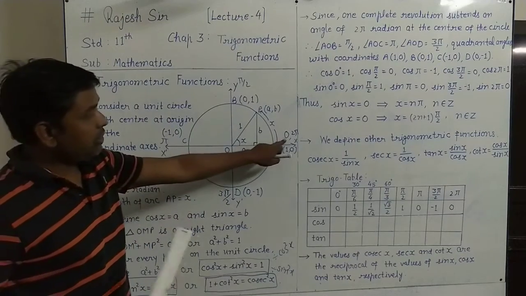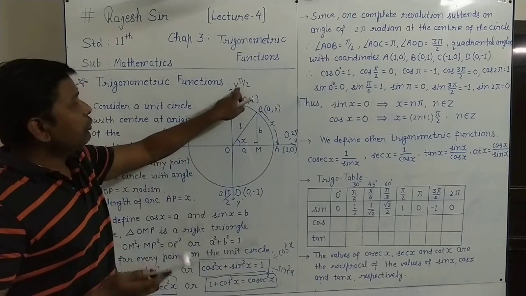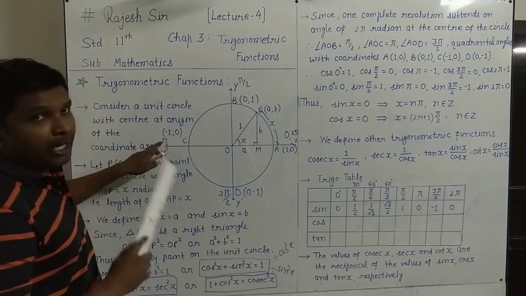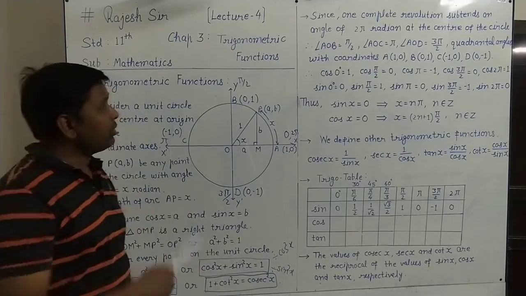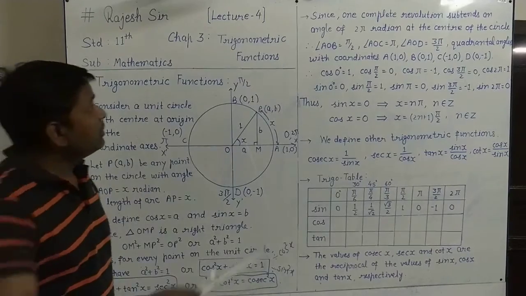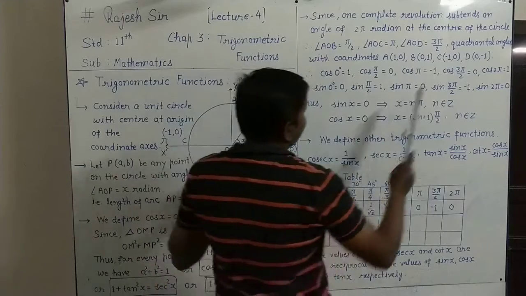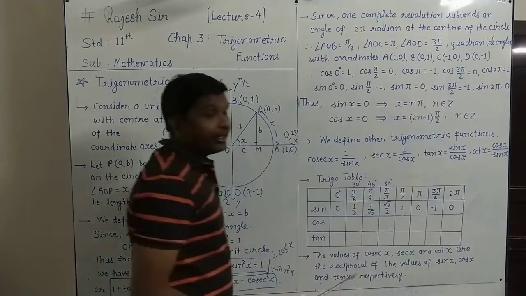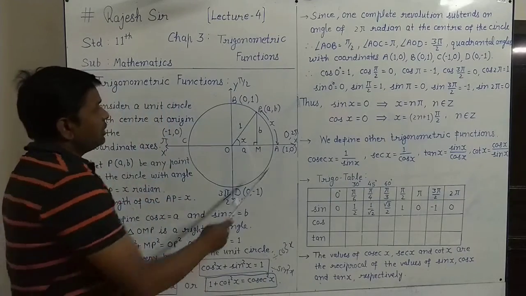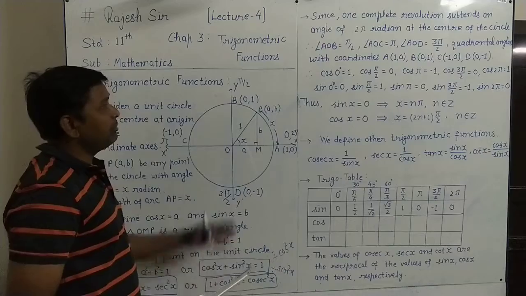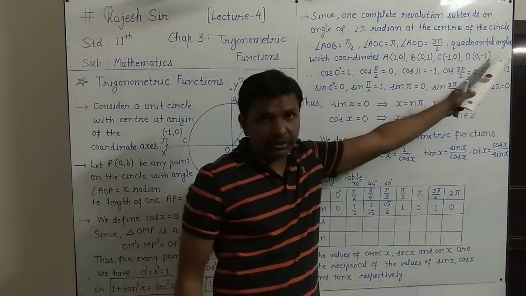If you start from 0 and add pi by 2, you will get pi by 2. If you add pi by 2 here you will get pi. Pi plus pi by 2 is 3 pi by 2. 3 pi by 2 plus pi by 2 you will get 2 pi. So it is always the pi by 2 multiples. So here angle AOC is pi, angle AOD is 3 pi by 2, all are called quadrantal angles. Quadrant means 1/4 of the whole. So if the whole is 2 pi, its 1/4 will be pi by 2. All are multiples of pi by 2, so they are called quadrantal angles.